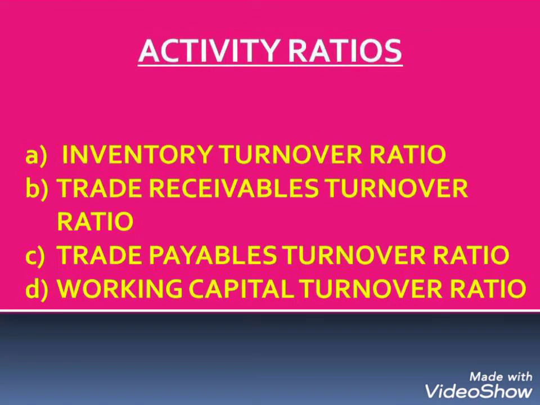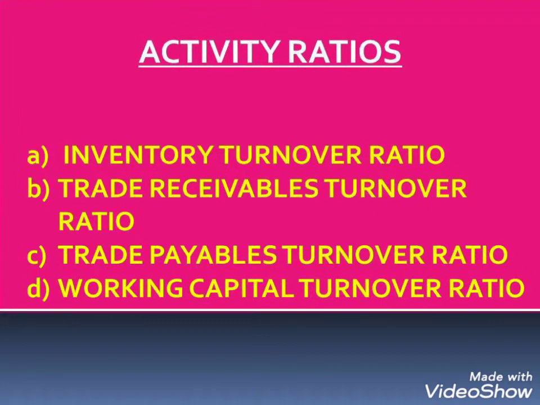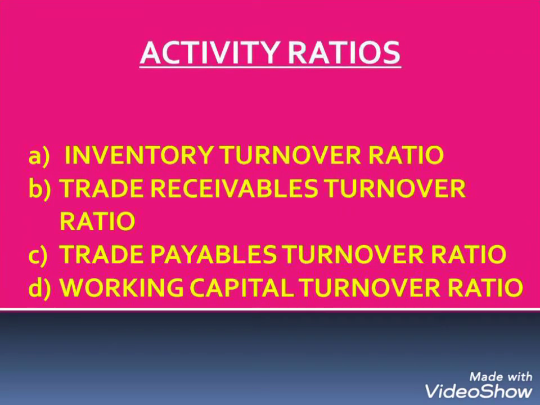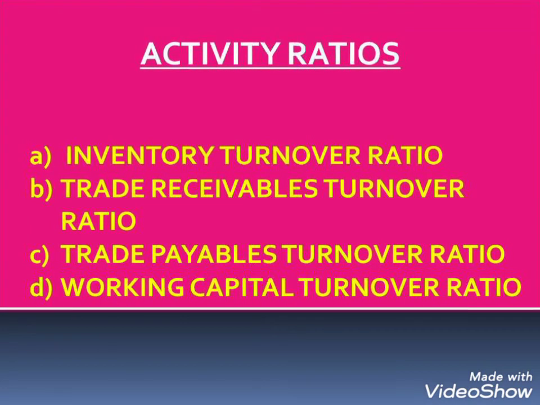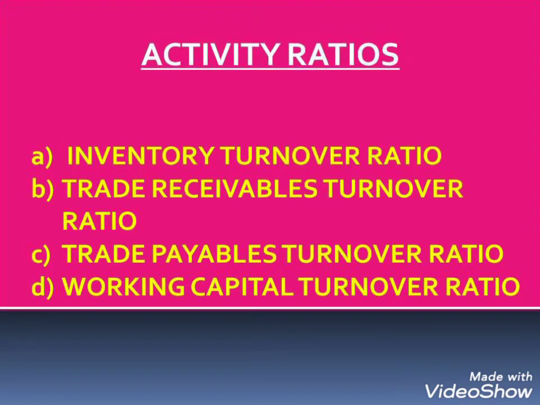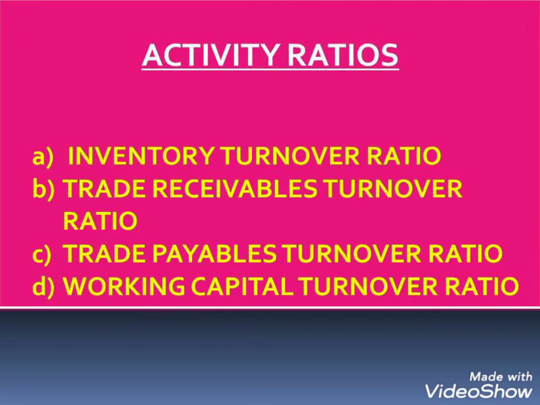Inventory turnover ratio establishes the relationship between cost of goods sold and average value of inventory or stock. It gives an indication of the efficiency of inventory management. The purpose of this ratio is to show the number of times the inventory of a firm is rotated in a year. A high inventory or stock turnover ratio is an index of efficient inventory management, and a low ratio stands for inefficient inventory management. Hence, this ratio should be neither too high nor too low. Now let us start with the calculation part of inventory turnover ratio.